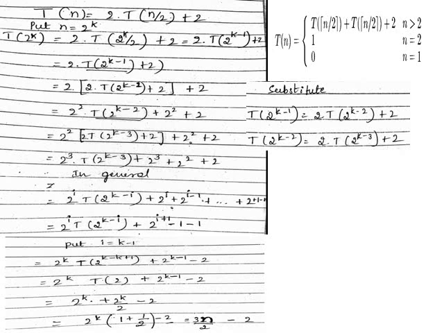So 2 to the power of i, T of 2 to the power of k minus i plus 2 to the power of i plus 2 to the power of i minus 1, so on up to 2. For getting the formula I am adding plus 1 and minus 1 here, so that we can get 2 to the power of 0 also. This is 2 to the power of 1, this is 2 to the power of 0, then minus 1. So 2 to the power of i, T of 2 to the power of k minus i plus, when we add the powers of 2 up to i, it will be 2 to the power of i plus 1 minus 1, and the extra minus 1 I have added here, so it is minus 1 again.